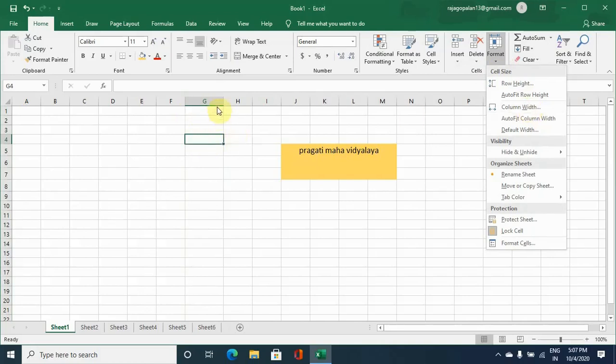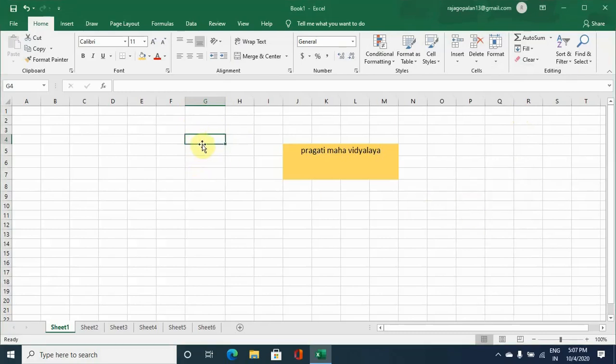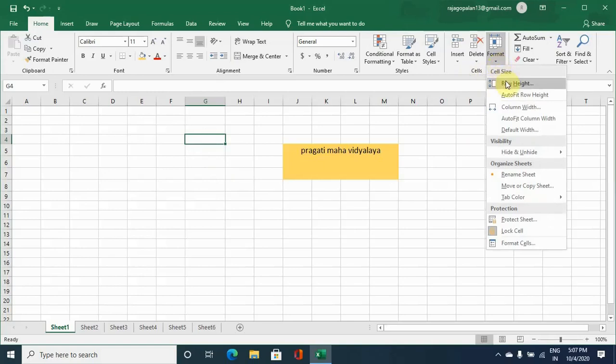Now we have selected a cell in a column, so we go to column width, then you get the measurement here. Now if you make a change here, then accordingly the measurement of the cell can be changed. So this is how we make a change with regard to the size of the cell, the width of the cell. Similarly, height, any change we can make by selecting the cell, then going to the option format in cells, then you choose what is the option required.